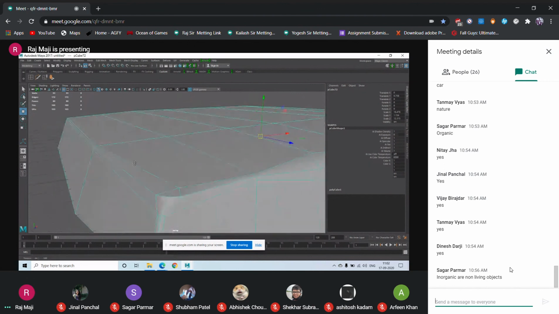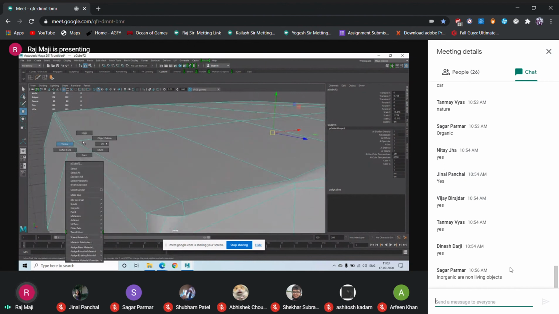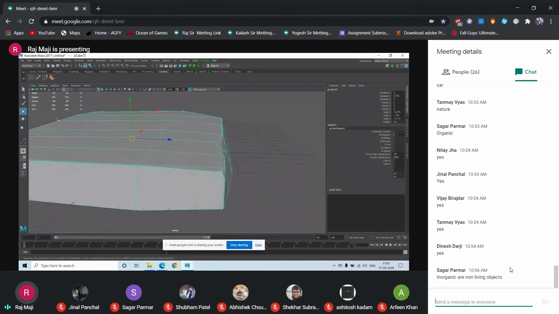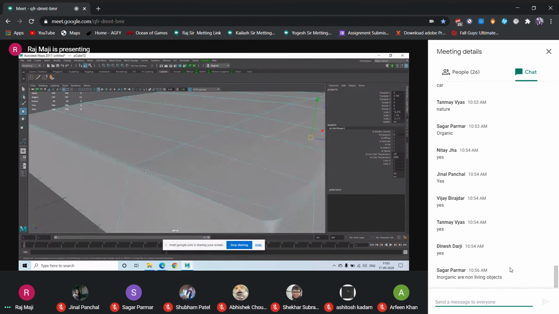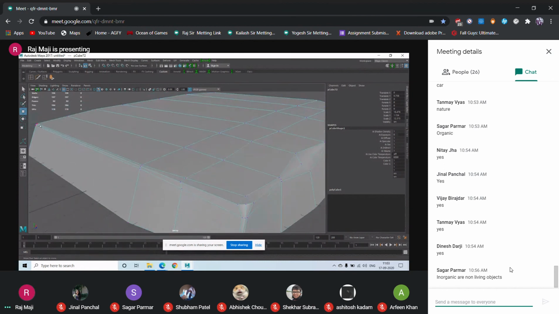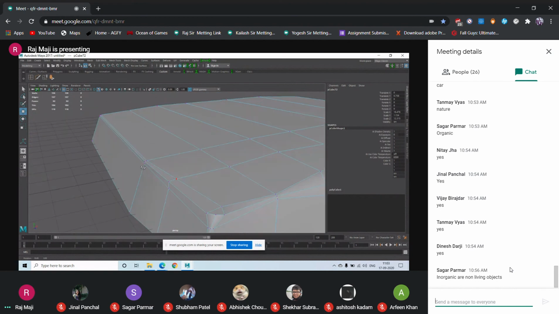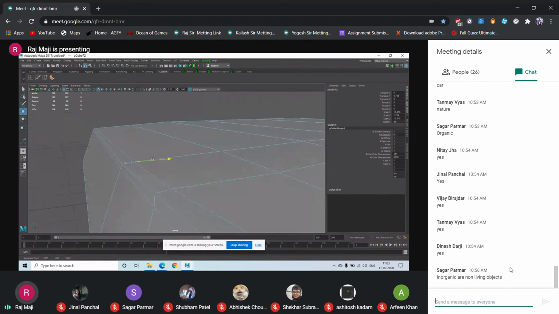Now over here also, what can be done? Let's lock this area. Now I want to make a bigger change of plane in this area.